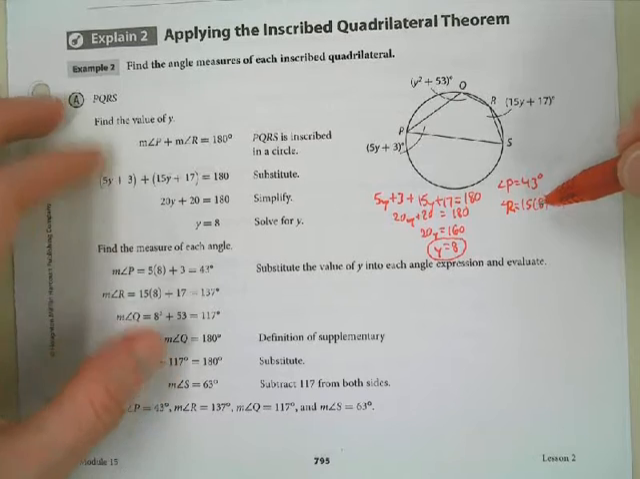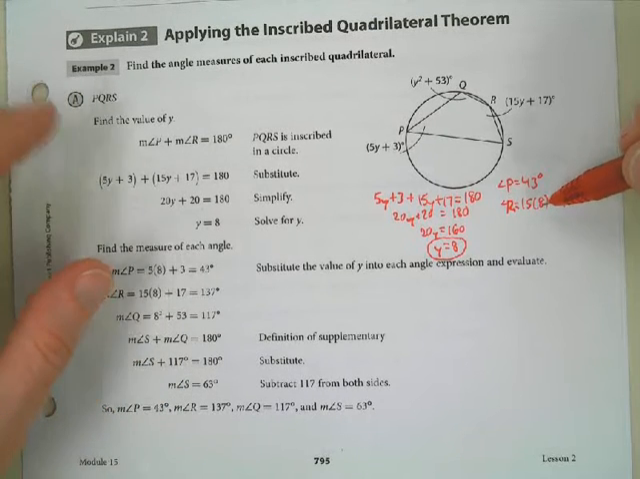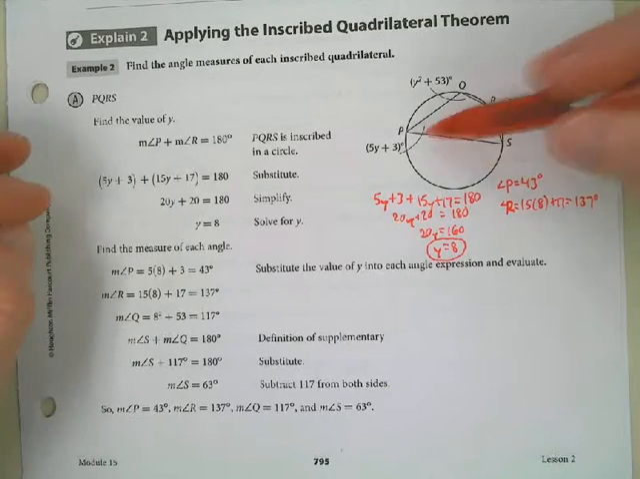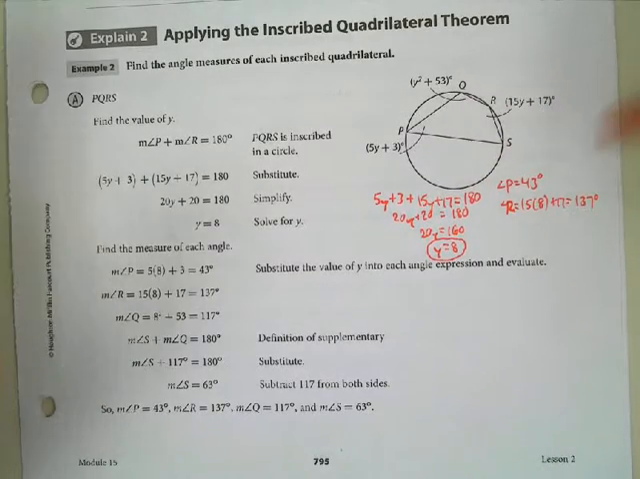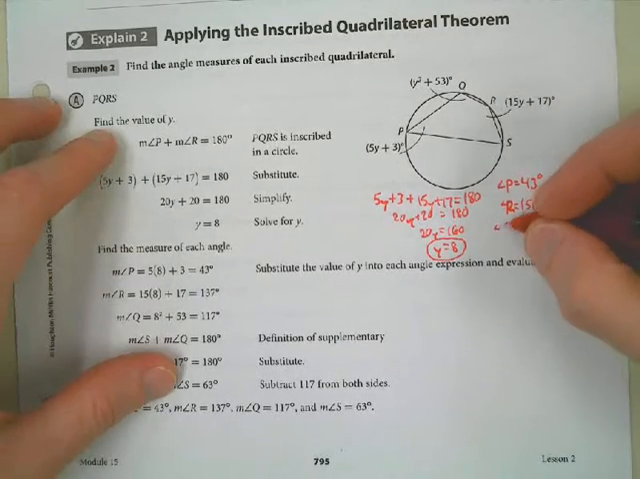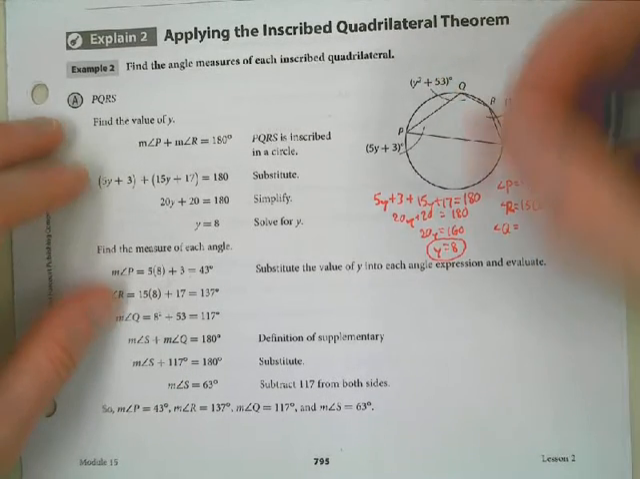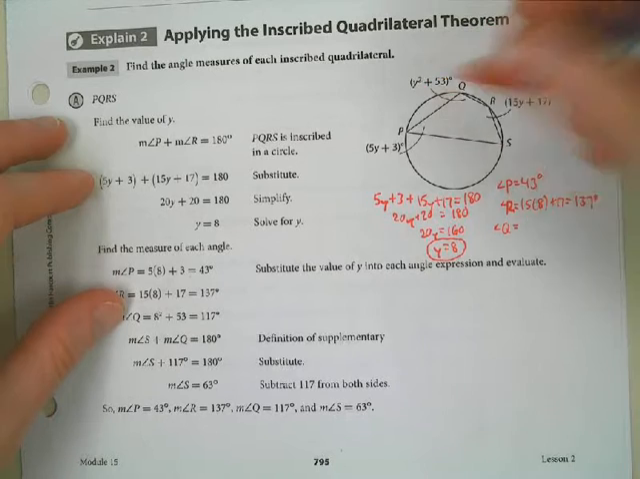Let's see here. 15 times 8, 120, plus 17, 137. I guess that should make sense because 43 and 137, what do they add to? They have to add to 180, right? P and R are opposite each other in an inscribed quadrilateral, so they should add to 180. Okay, good. Angle Q, we have a square there, but we aren't scared of that because we're just plugging y in. So we plug 8 in. 8 squared is 64, plus 53 is